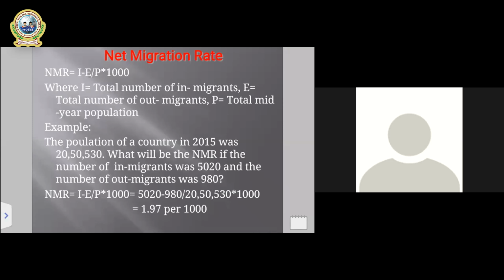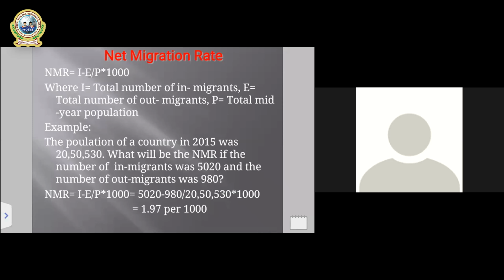While we do cross multiplication, the answer will become 1.97 per thousand, to calculate net migration rate. Okay, my dear students, once again I want to repeat, it is very easy to remember the formula of net migration rate. You can remember incoming minus outgoing number of population,